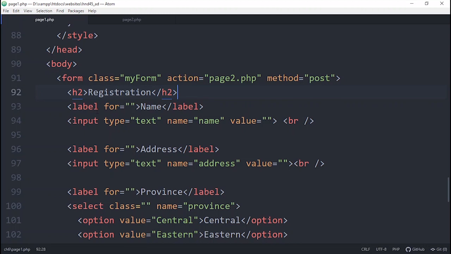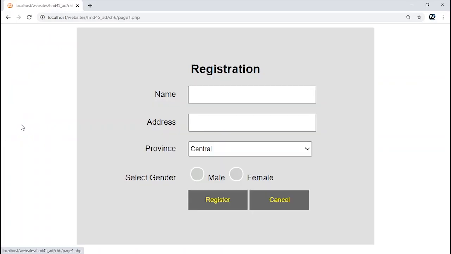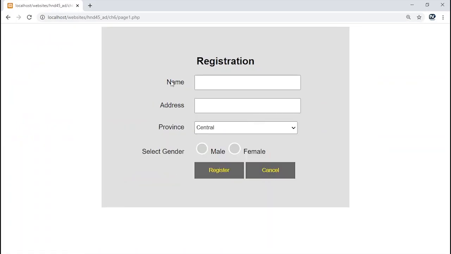There's a heading, and there's a label here you can see. So if I click here, you can see the form is coming like this. These labels I have added because with the CSS code I have nicely formatted them, giving margins and padding values. Only for that reason I have used it. So in the labels, I can enter the information. I have already entered it there. Enter a name like that, then you can select the gender, then you can click on the register button. Then this information which we filled, the name, address, this combo box is the province, and the gender, has to go to page number 2.